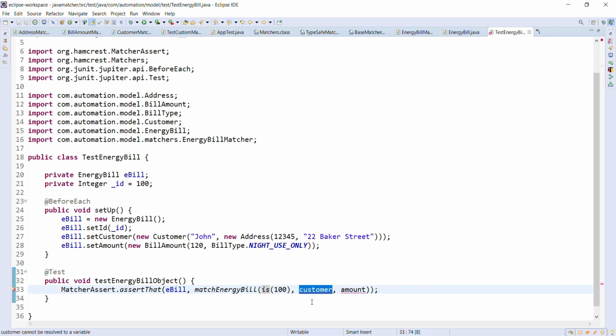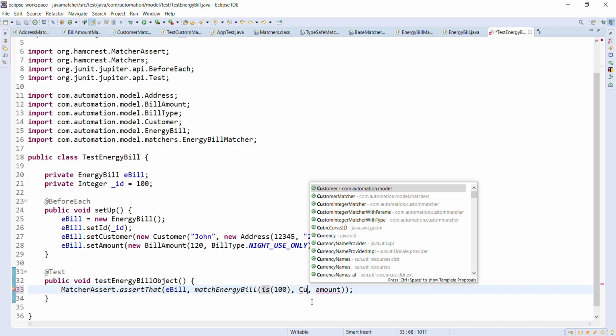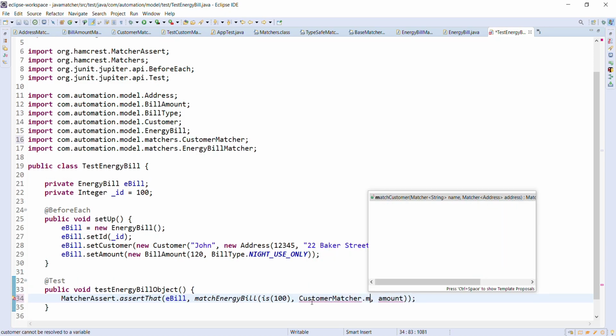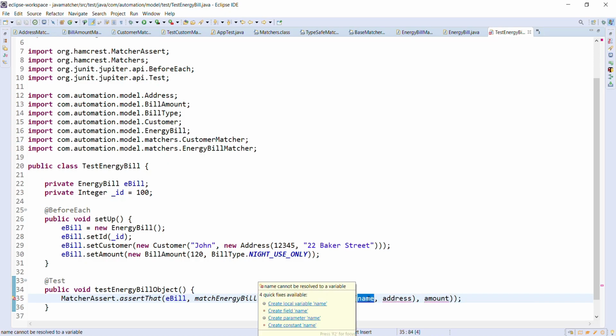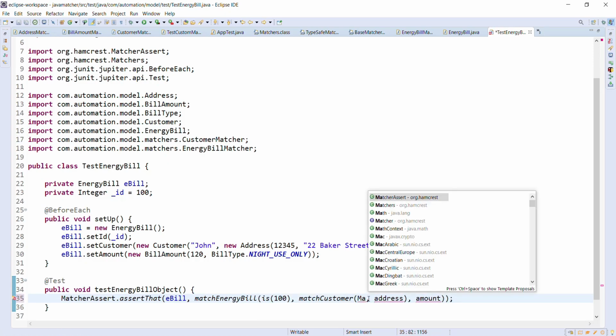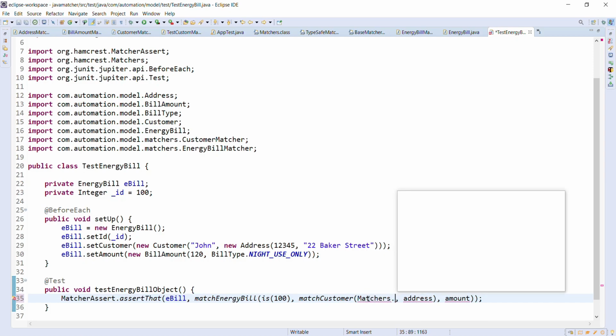And the second parameter which I'm going to pass here is for customer matcher. So CustomerMatcher.matchCustomer. So I will add the static import. So name, that is Matchers.is, and the parameter.